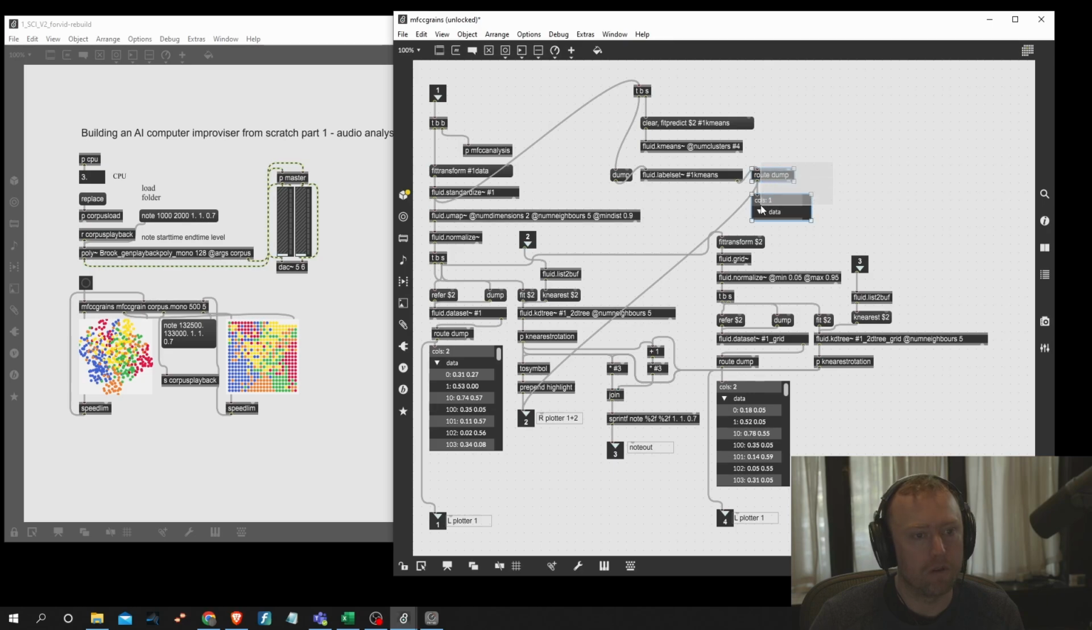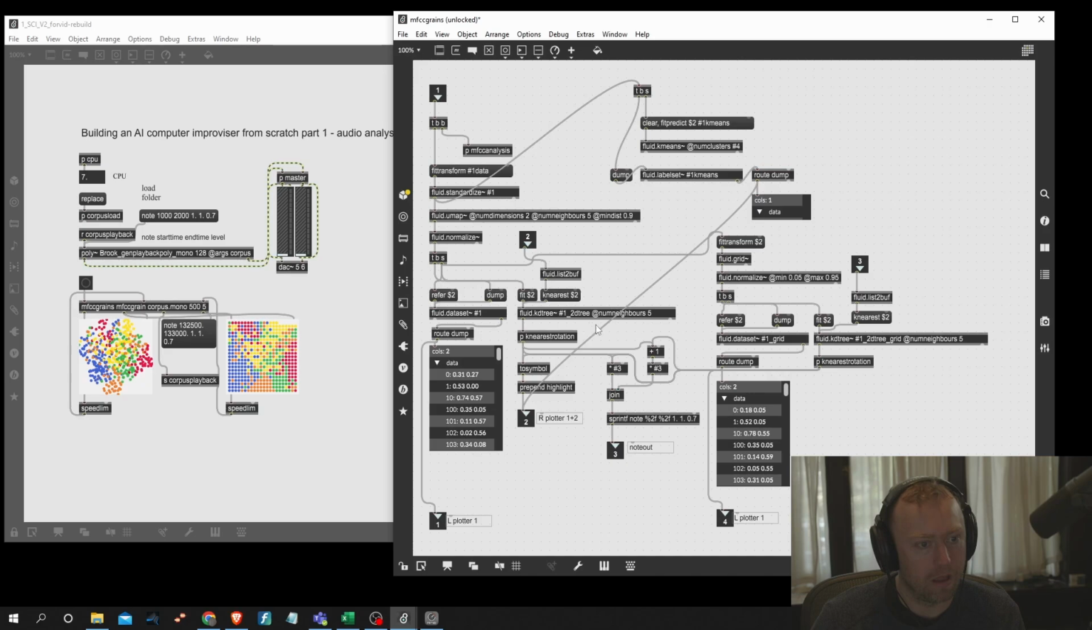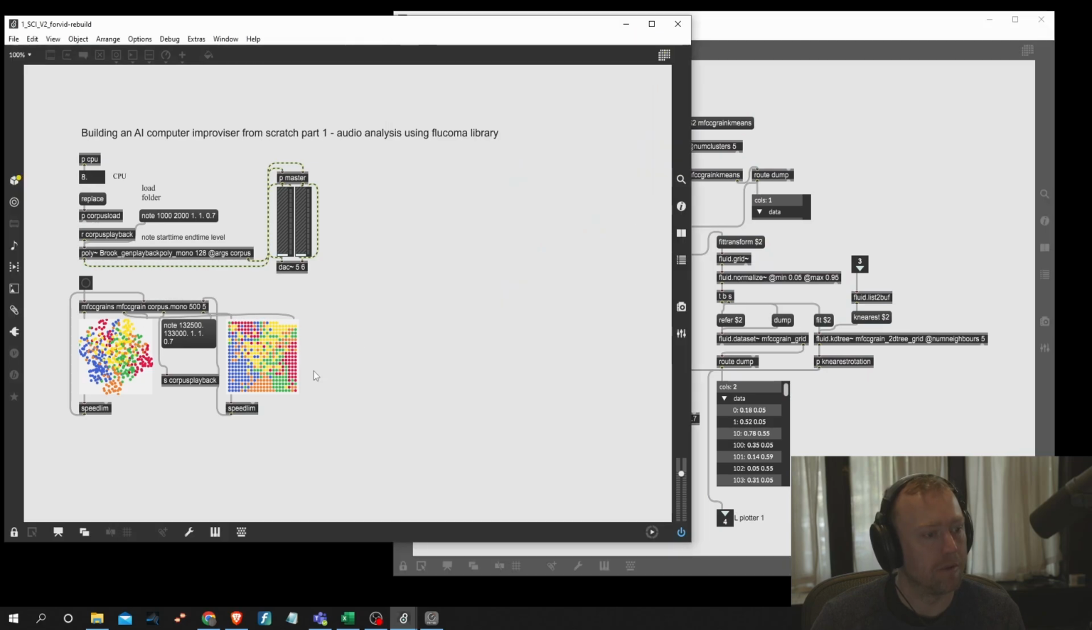Okay, so then how to use these labels, and how to do various things like trying to match timbrally with a live input, that is for a later video. But for now we have this. We have the analysis and the organization and labeling of the data complete. And we can see